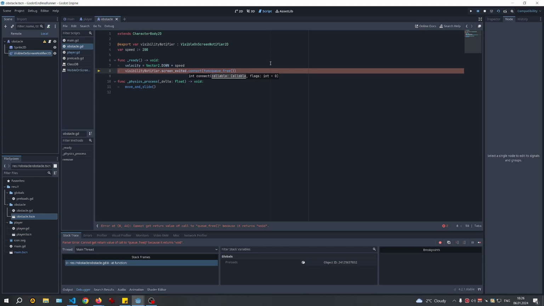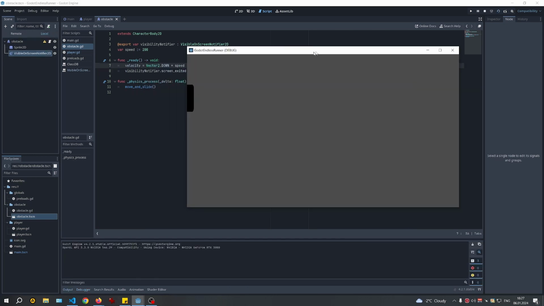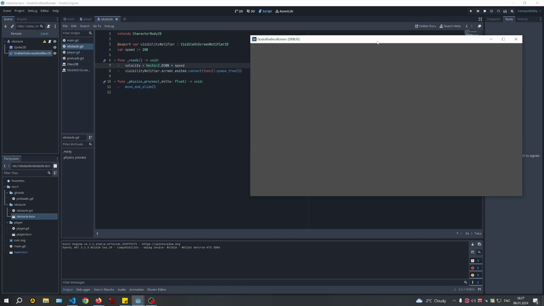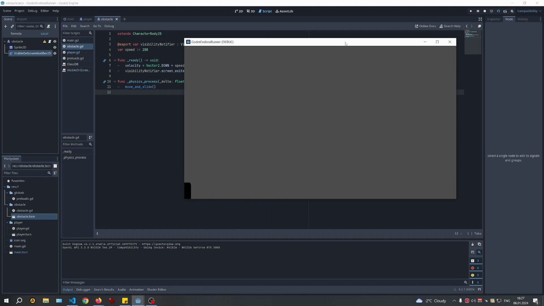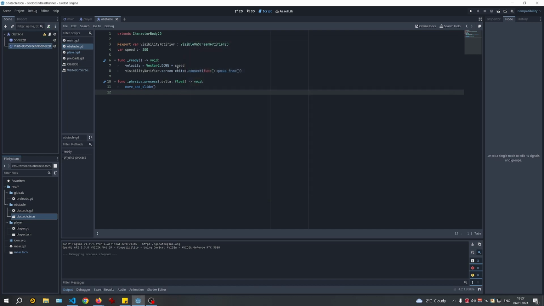Like function, brackets, semicolon. Okay, let's try. Okay, perfection. It disappeared, but wasn't it too fast? Check. It disappeared when the node disappeared on the screen, but not when the sprite disappeared. So let's try setting this one as a child of a sprite then. But on second thought, this doesn't change anything because